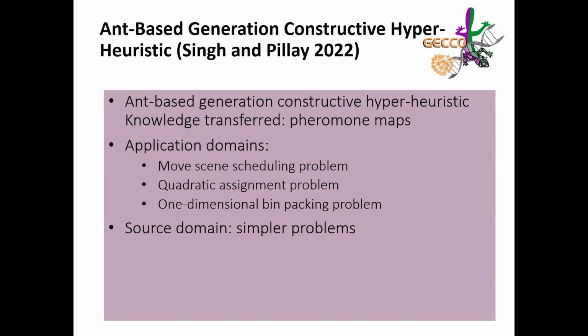Hyperheuristics weren't previously used in that a lot. And then we actually examined working with simpler problems as a source, the target problems with the more complex. It worked. It gave positive transfer in terms of both improvement of results as well as reduced cost for the movie scene in the quadratic, but not for the one-dimensional bin packing, which was interesting